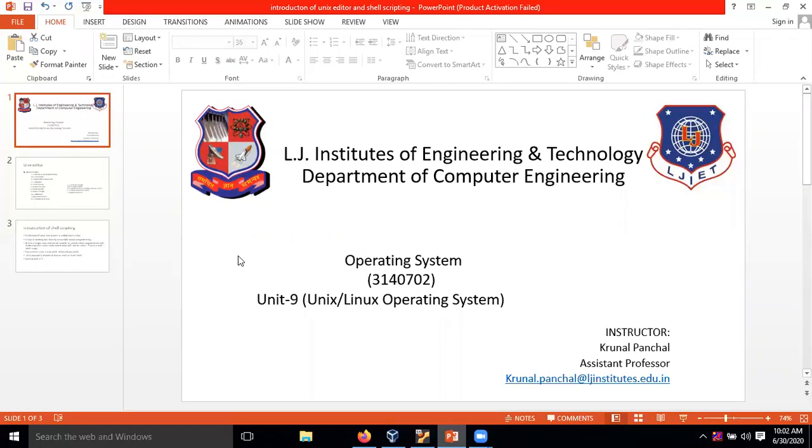In this session, we are going to discuss the Unix editors in detail.